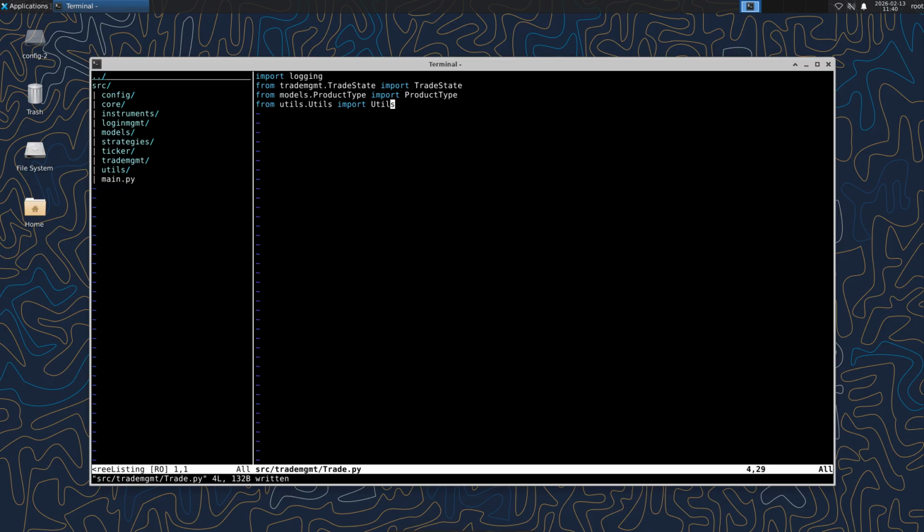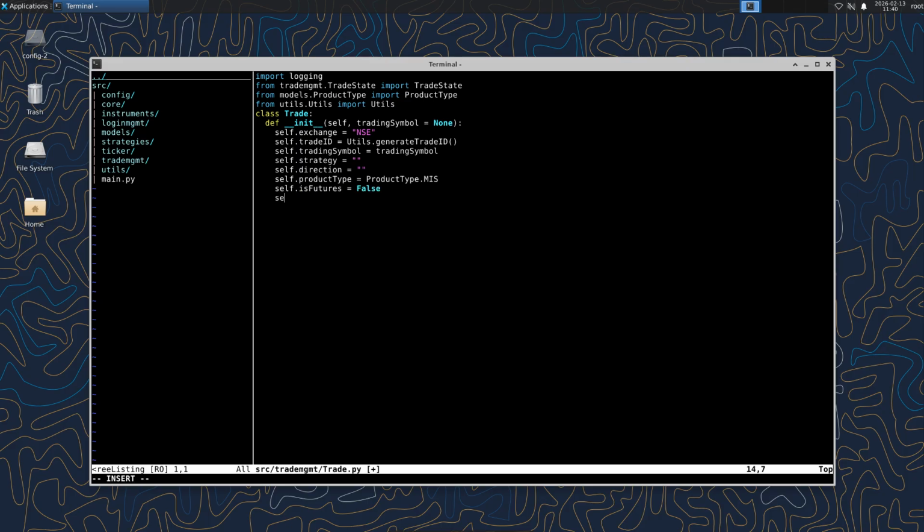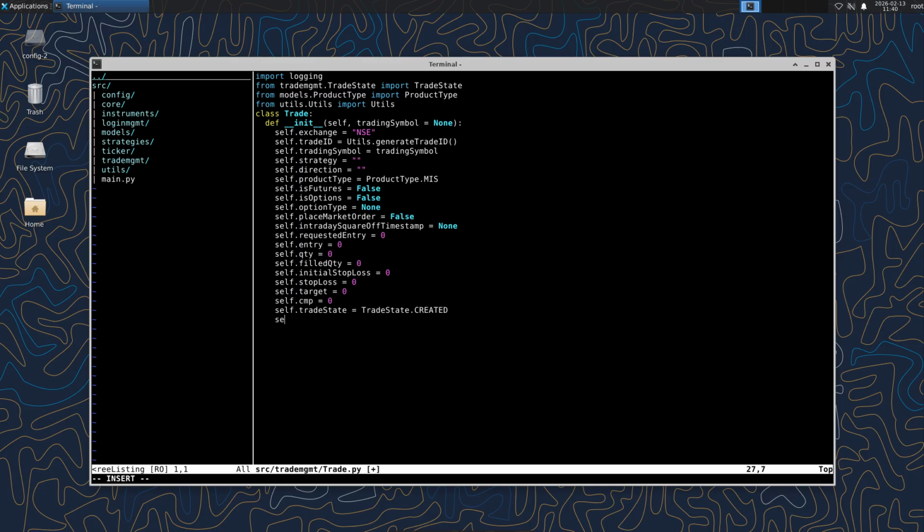Trade is the domain object the trade management layer uses to represent one executable position and track its lifecycle, risk parameters, and P&L as strategies and the manager move it from creation to completion. On construction, a trade is given a normalized trading symbol, a unique trade ID produced by utils.generateTradeID, and a create timestamp from utils.getEpoch, and sensible defaults such as exchange set to NSE and product type set to ProductType.MIS. Those initial fields let strategy code like BNFORB30Min, OptionSelling, SampleStrategy, and ShortStraddleBNF instantiate